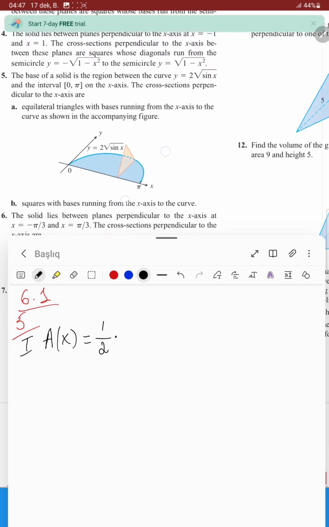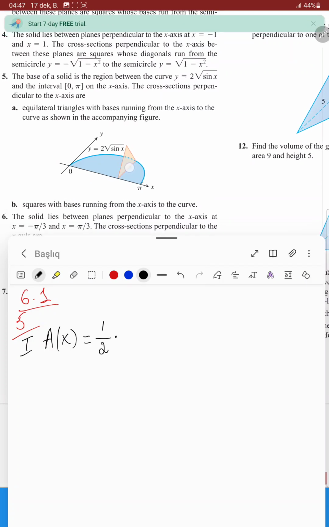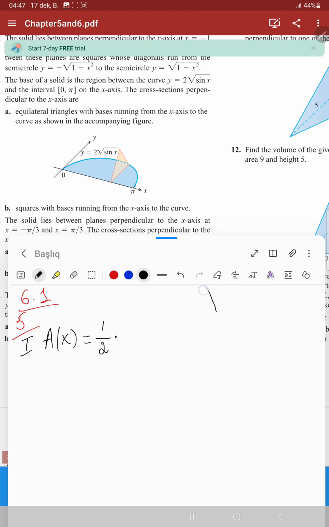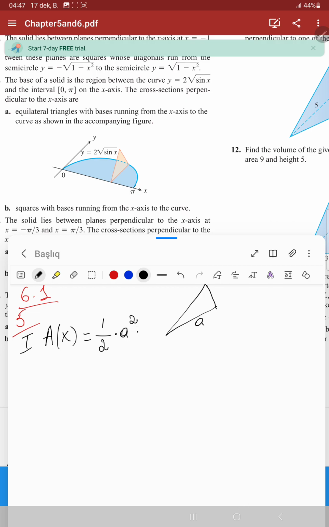This is our triangle. The side of it, let's call a, squared times